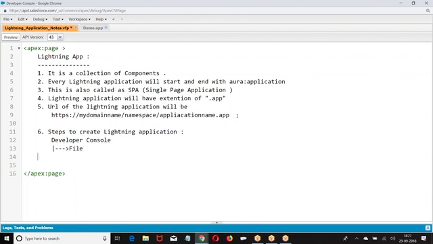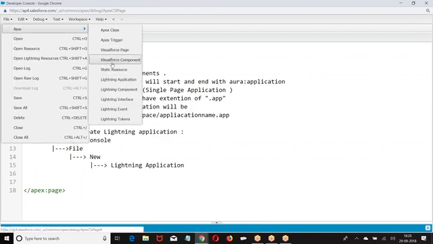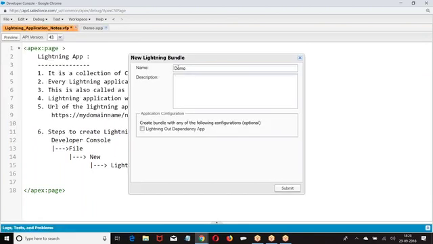Developer console, file, new, lightning application. The moment you say lightning application, it will ask you the name of the new lightning application, and we have one checkbox, create Aura dependency app.